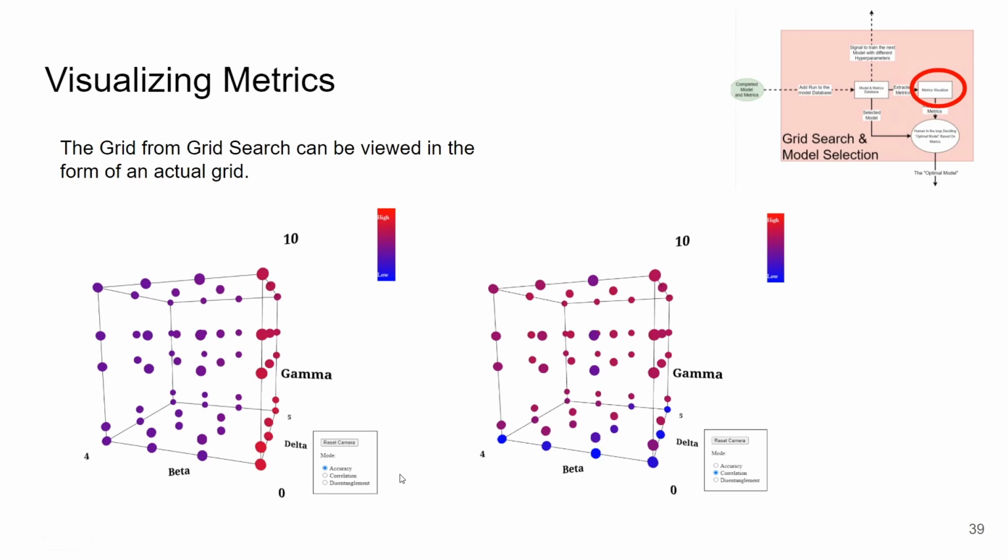And ideally, the best combination is always going to be high accuracy, high correlation, and high disentanglement. We want the best of all three of those. Of course, it's not that easy. There's no set number of parameters that actually give you all three of those. It's a trade-off. The higher you get your correlation and disentanglement, the lower your accuracy is going to be, sometimes to the great detriment of